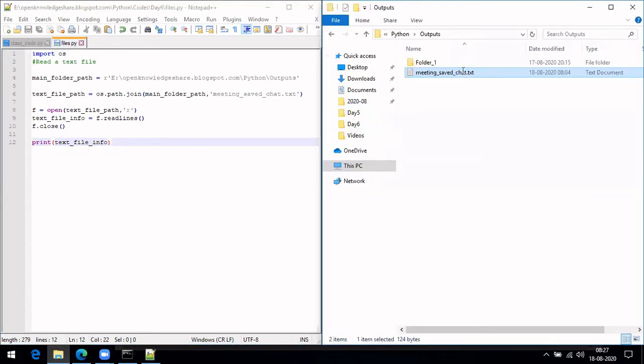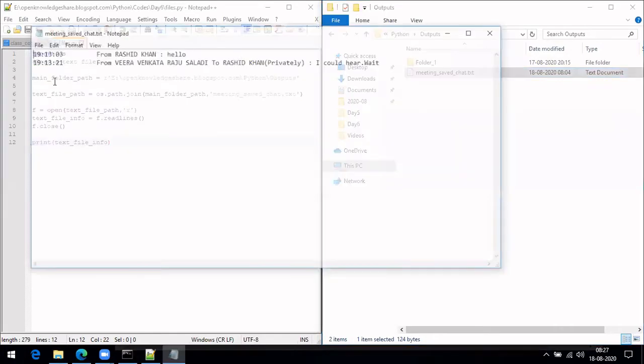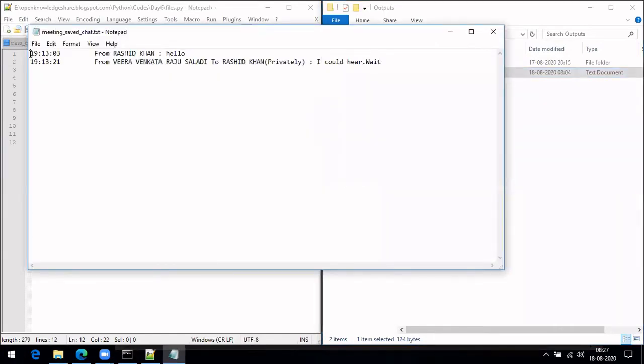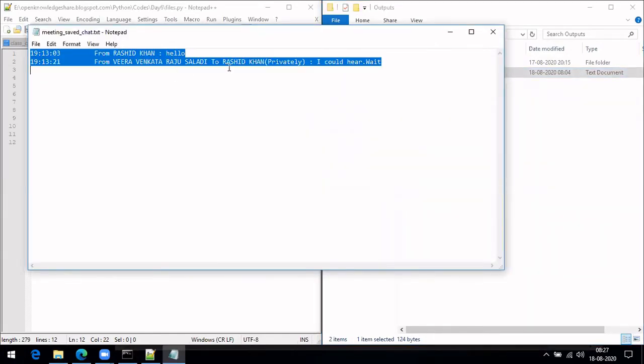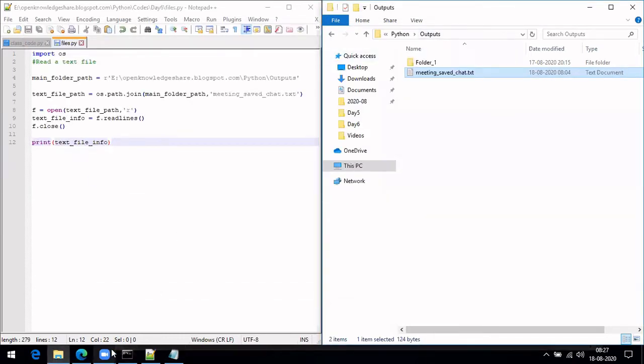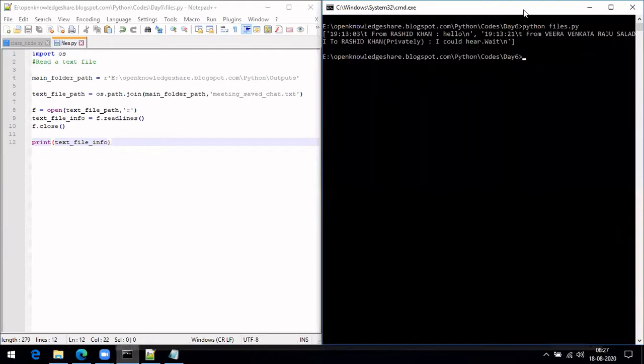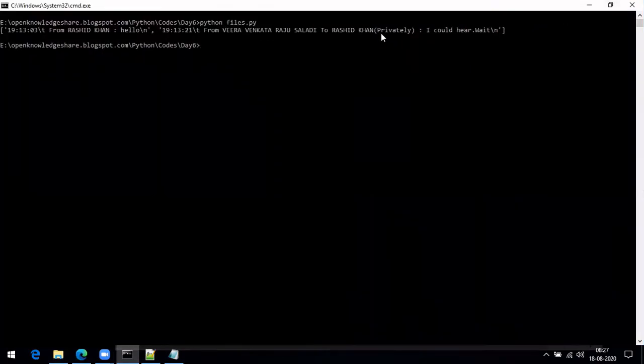So if you see, it contains two lines. Okay, so let's see what it has printed as well. In the first column, if you see, it has created a list, and in the list this is the first element and this is the second element.